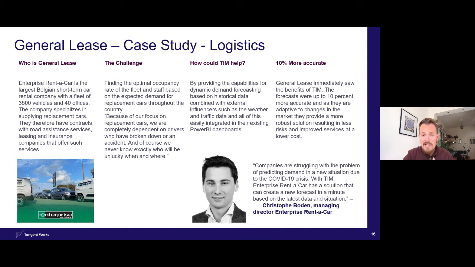Yeah, we basically did a proof of concept with them, and for 3 months we ran Tim in their BI environment next to their existing forecast. And they quickly noticed after 1 month already that our forecast, which also took weather into account and different things, was 10 to 15% more accurate. A lot of value there, better planning with less resources. 10 to 15% more accurate, and we had a more robust process because now the forecast is based on data and less on human experience and expertise.